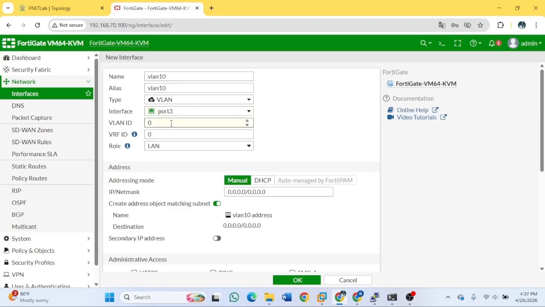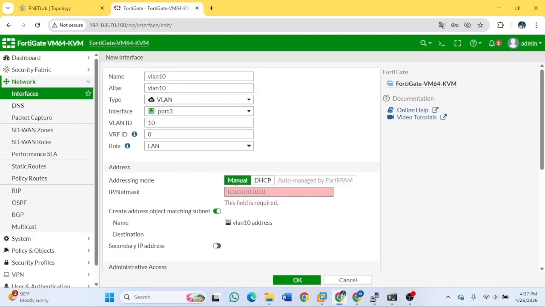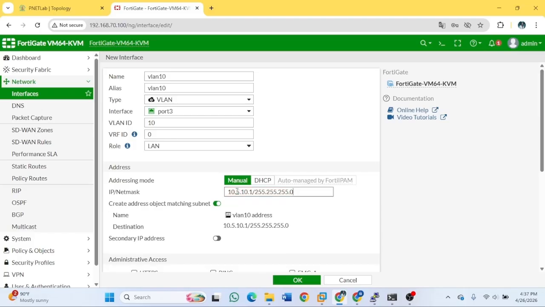VLAN ID 10, role is LAN, type is VLAN, and the IP netmask for this VLAN 10 is 10.5.10.1 here, and the subnet mask is 255.255.255.0, prefix slash 24.